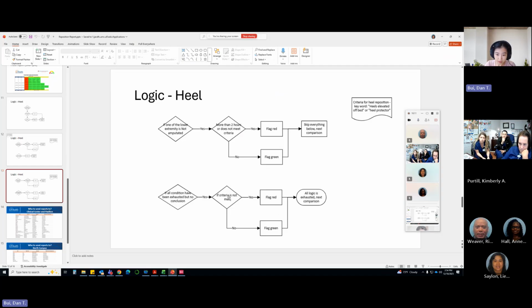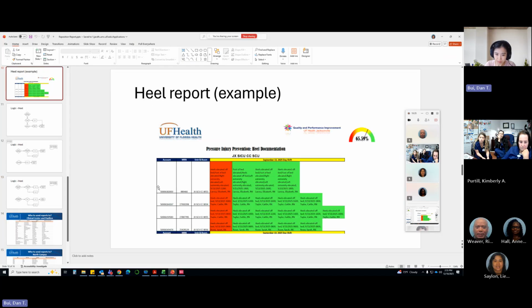And if it's met, then it would flag green. And if all logic is exhausted, I would go to the next patient encounter. And when I say next patient encounter, I mean this is one encounter, this is the next encounter. Yeah, that's about it.